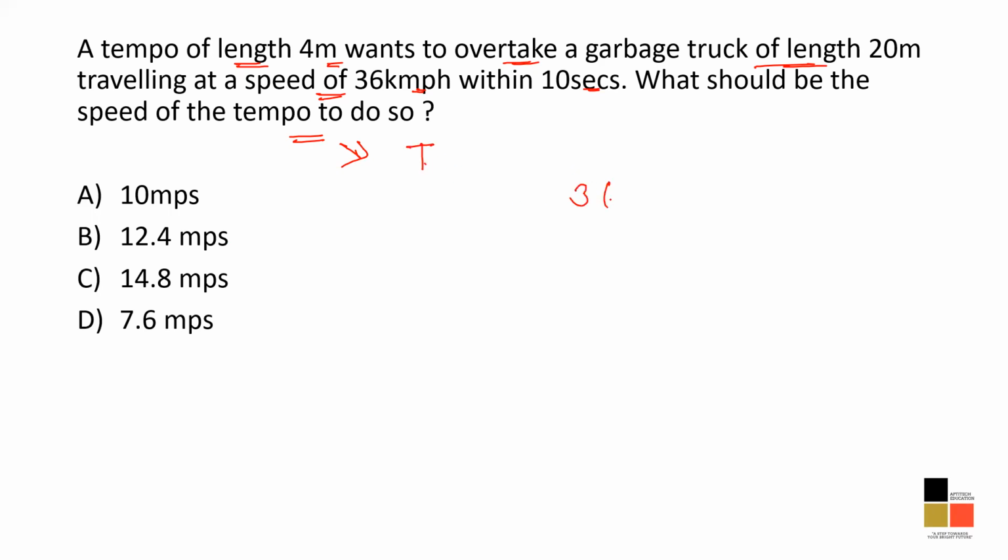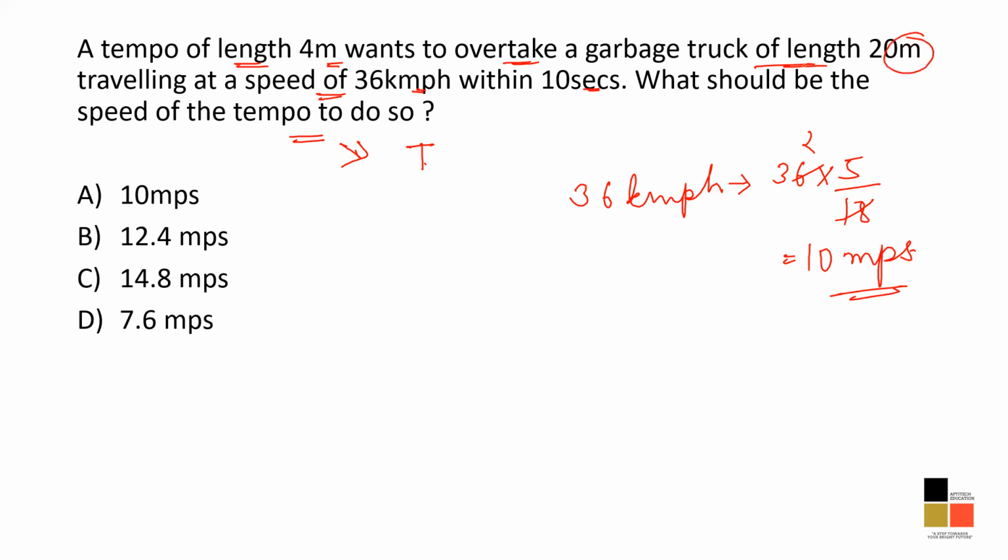36 kilometers per hour, let's make it the first thing that I have to do. Let's convert this 36 kilometers per hour into meters per second, because the biggest mistake made by students is they directly take it the same way and get wrong answers. I cannot use 36 kilometers per hour directly because every dimension given here is in meters and seconds. So make kilometers per hour into meters per second, or you convert all these meters into kilometers and seconds into hours, which is going to be very tricky. Let's make kilometers per hour into meters per second only. So 36 into 5 by 18 becomes 10 meters per second. That is the speed of the garbage truck.